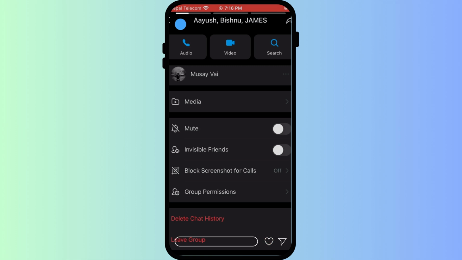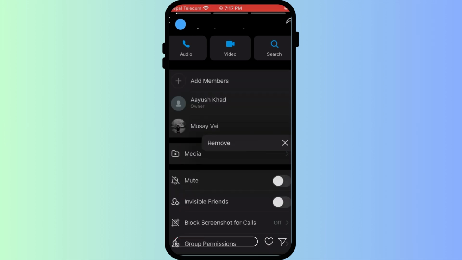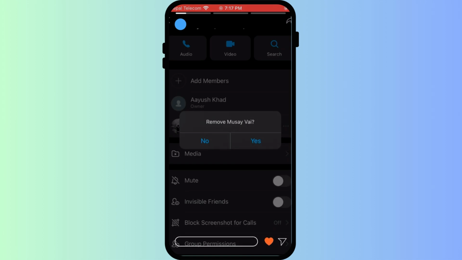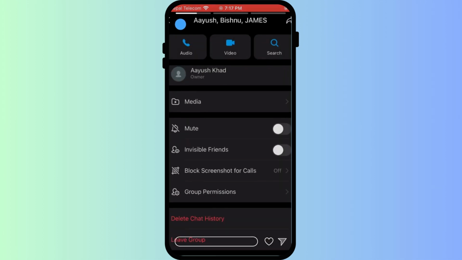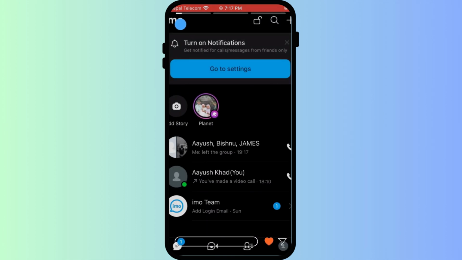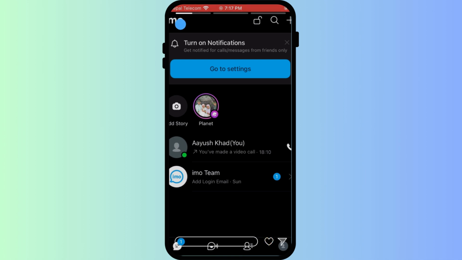A confirmation message will appear asking if you want to delete the group. Tap on delete to confirm. You can also remove the group members and then leave the group, which will automatically delete the group, just like this. Deleting a group will remove it from your chat list and you'll no longer receive any messages or notifications